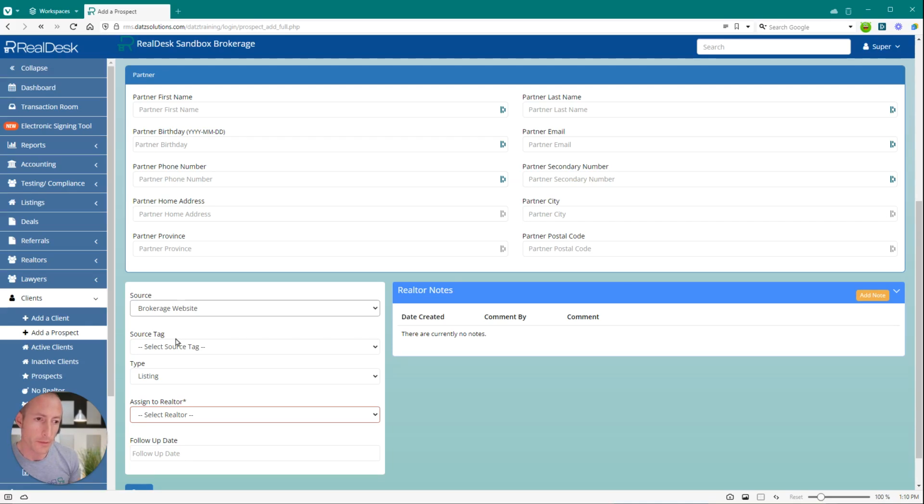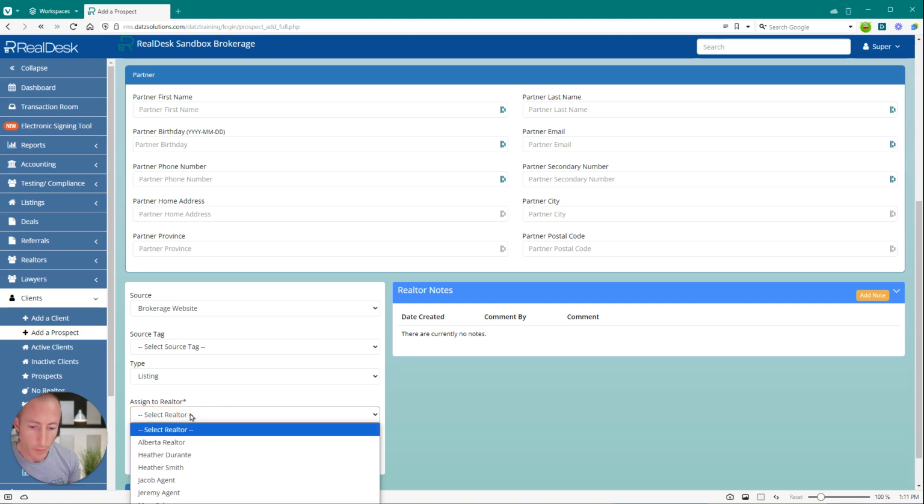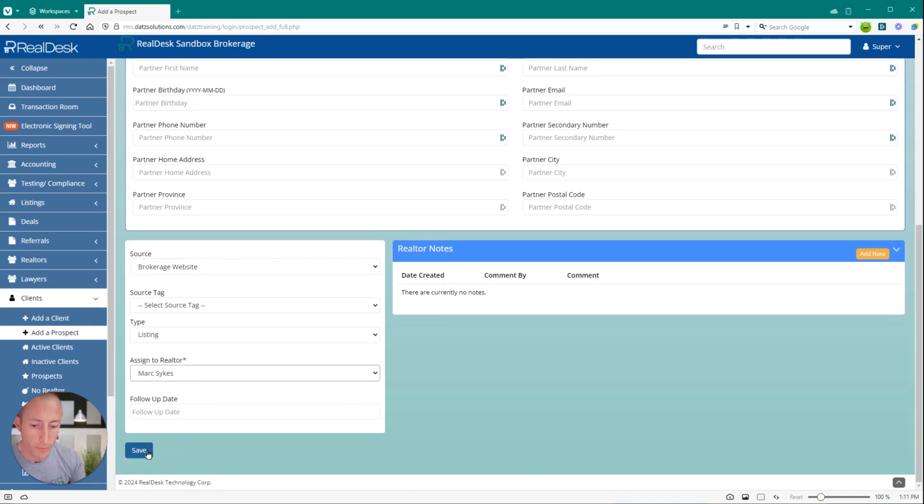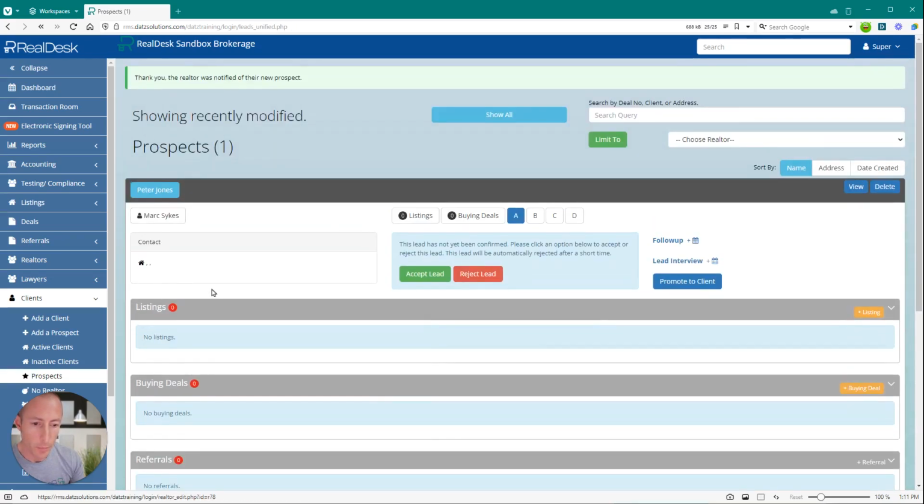You want to make sure that these leads are followed up relatively quickly, because chances are whoever's doing this isn't just doing it with your brokerage, they're probably contacting other folks as well. So you want to be able to strike while the iron is hot. So this is where it gets interesting. If you look down here in this assign to realtor box, you can choose any of your active agents. So let's choose Mark, and we're going to assign him this new prospect that has come in via the brokerage website. You hit save, you can see that this prospect is created as a lead that requires confirmation by the